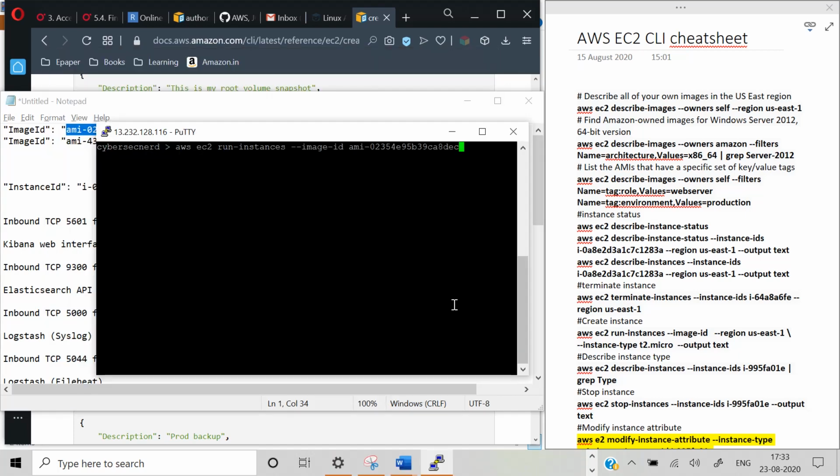So this is the image ID I'm going to use, and I will also mention the instance type t2.micro. Again, this is a test environment, and this instance type is available in the free tier, and I will be initializing this instance in the region US East 1, and